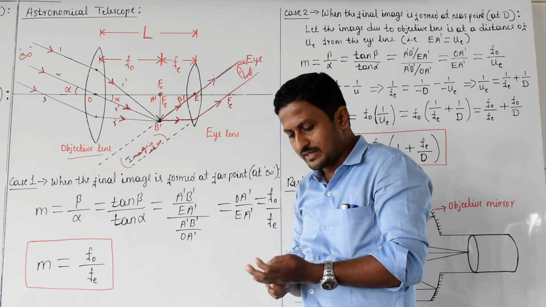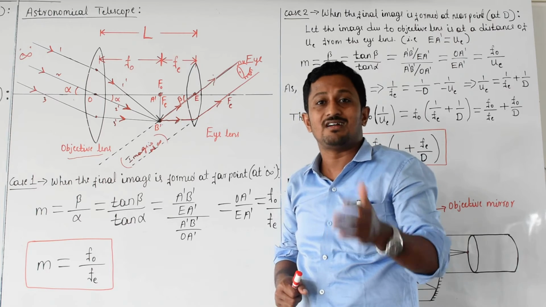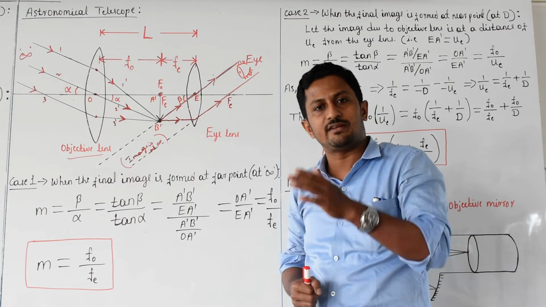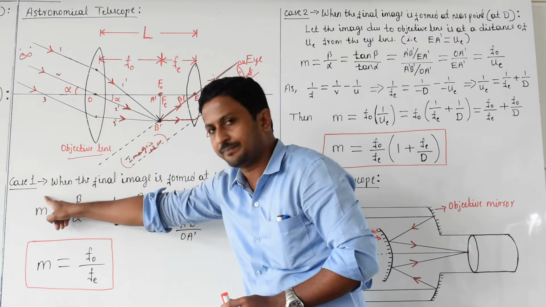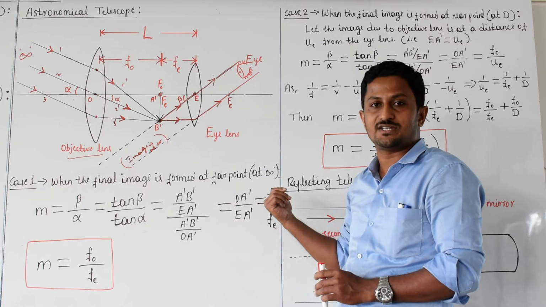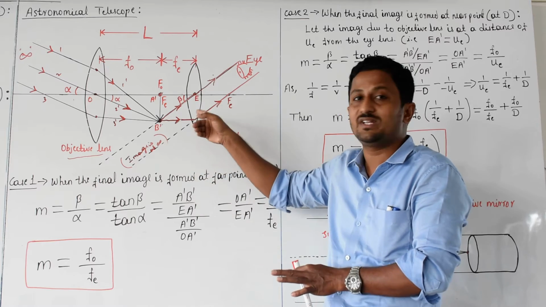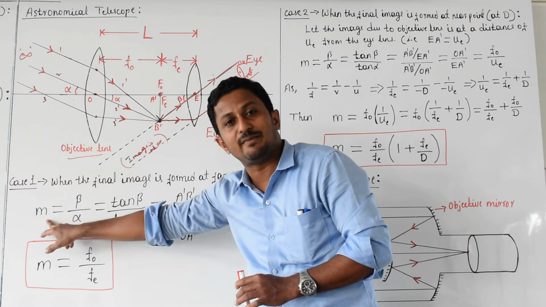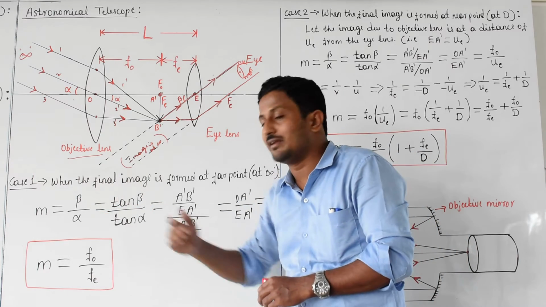Now again here we have to calculate the magnifying power of this telescope. Again we go with those two cases, I mean for near point and for far point. Case one: when the final image is formed at far point, I mean that final image is at infinity. Right now with this our diagram, getting what I mean to say? Now m is nothing but magnifying power, that is beta by alpha. What is this beta by alpha?